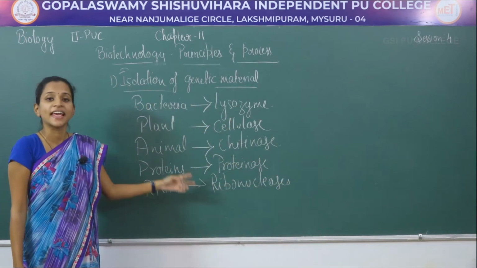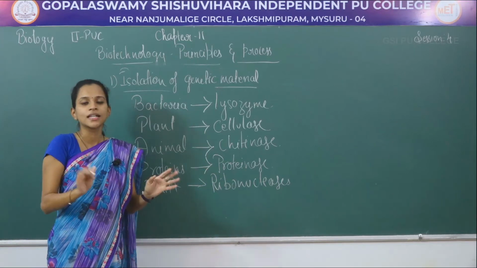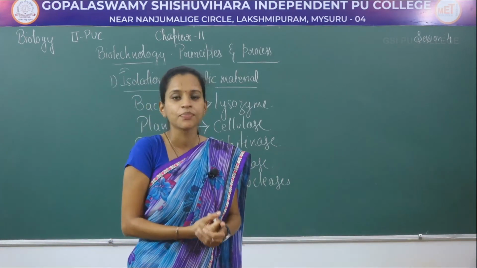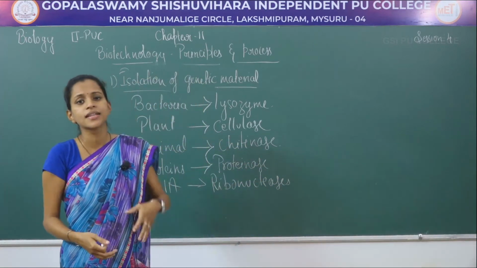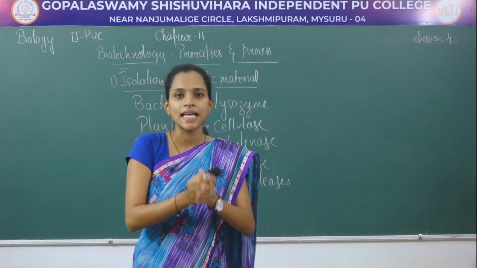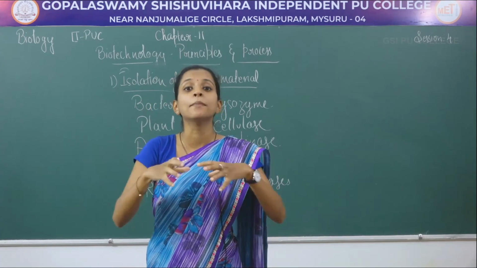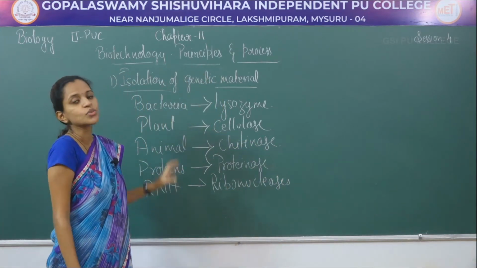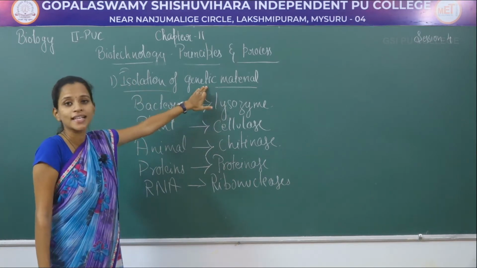So, these are the different enzymes which can be used to break the proteins or RNAs, or in general you can say macromolecules, so to obtain the pure form of DNA. Now, when it comes to macromolecules, it is not only proteins and RNAs, there are other different macromolecules also which can be digested using specific enzymes. These specific enzymes help in breaking down the particular components or macromolecules which is present in a cell so that a DNA or a genetic material can be extracted.